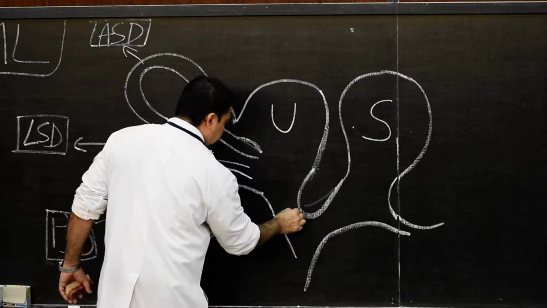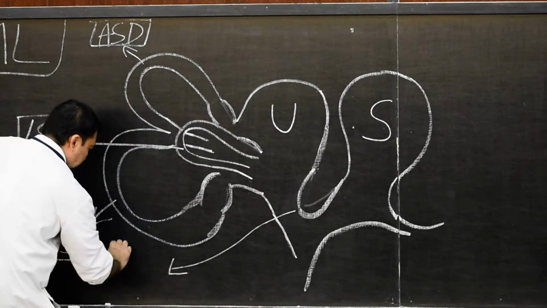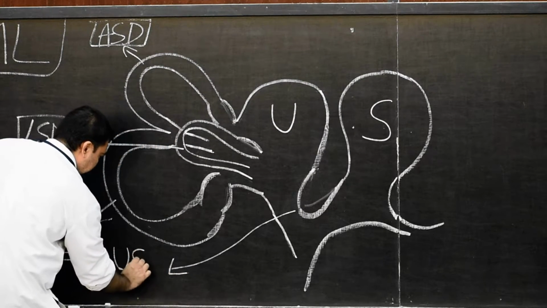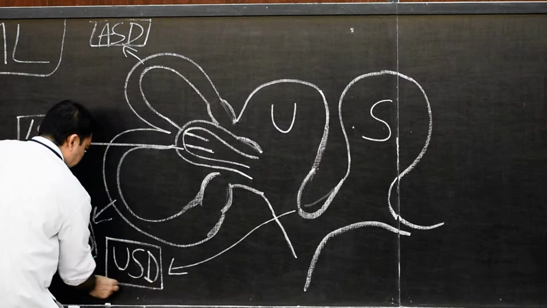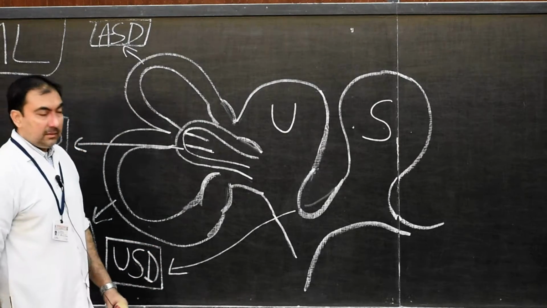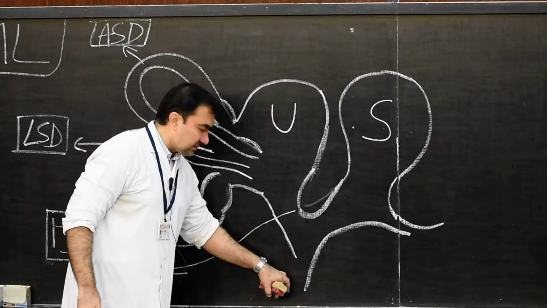And we will name this portion as utriculosaccular duct. Remember, it is Y-shaped. Now this Y-shaped utriculosaccular duct will extend outside,